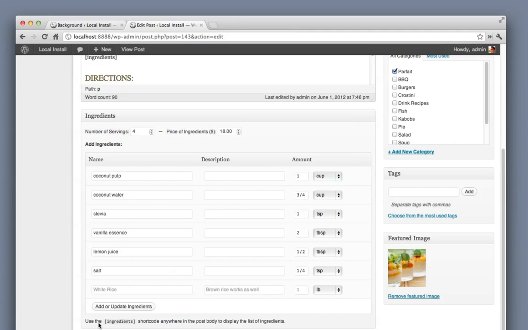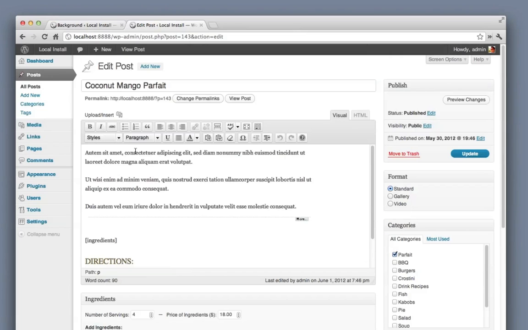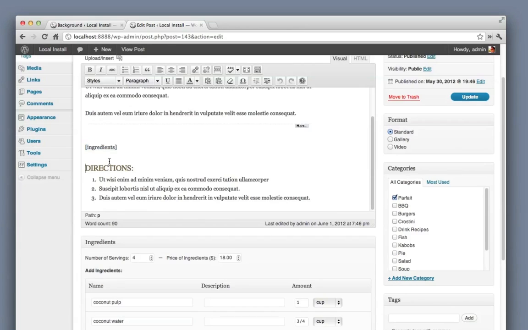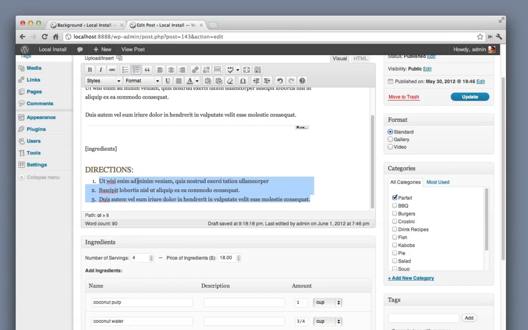And then once you're done building your ingredients list, you just select the shortcode and place it anywhere in the article here. So I've already done it here, so I've added the shortcode of ingredients there, and I've also done some directions. So I created an ordered list by highlighting this, selecting that, and then clicking on instructions list. So you won't actually see much change here, but if you click on update,